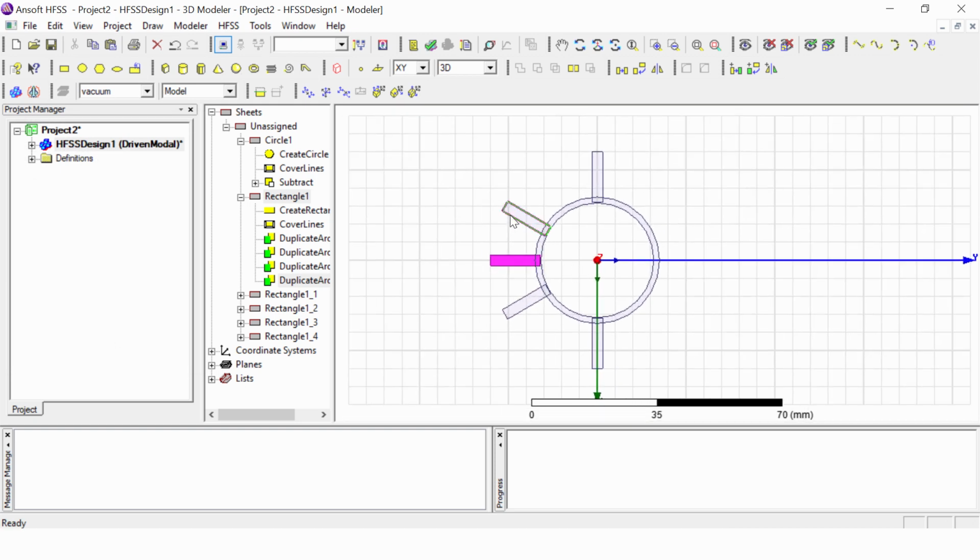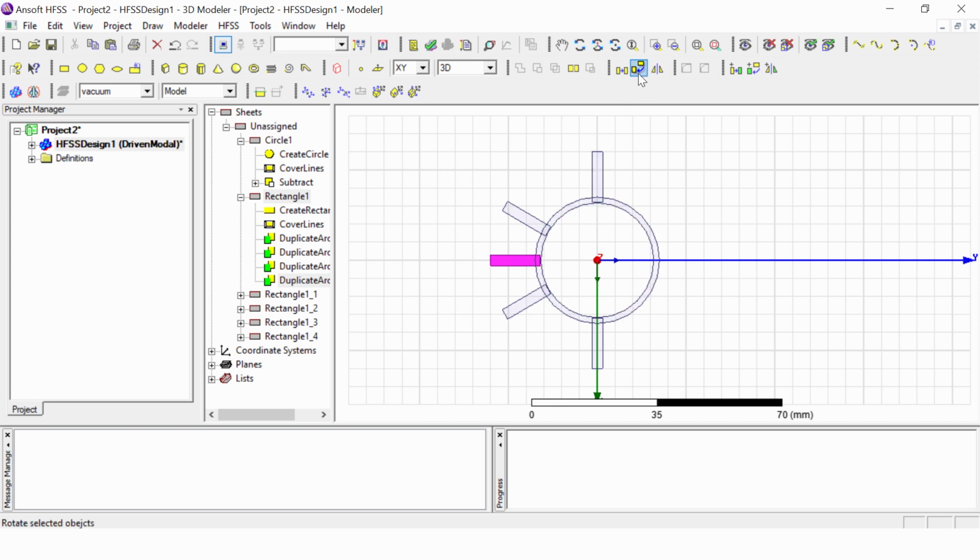Apart from that, since this line is at a 30-degree angle, we have to have a feed line which should be parallel to any of the axes. So we will bring this at this point and this point to make it oriented in the y direction.